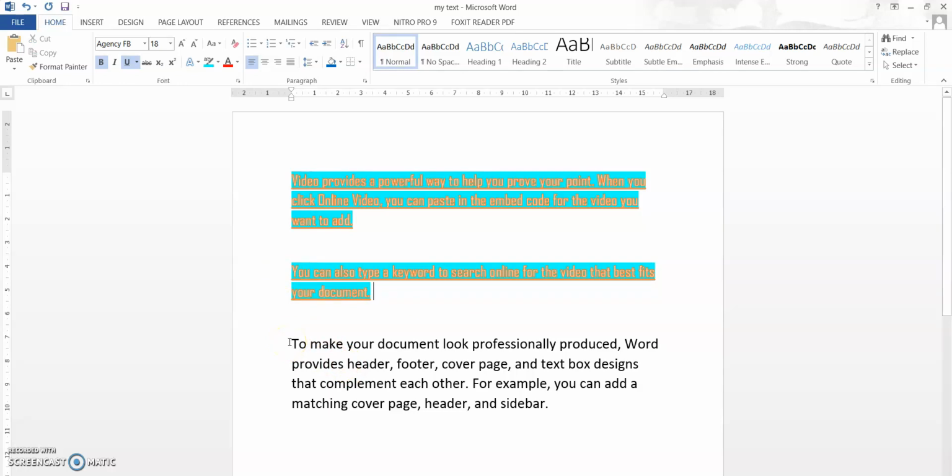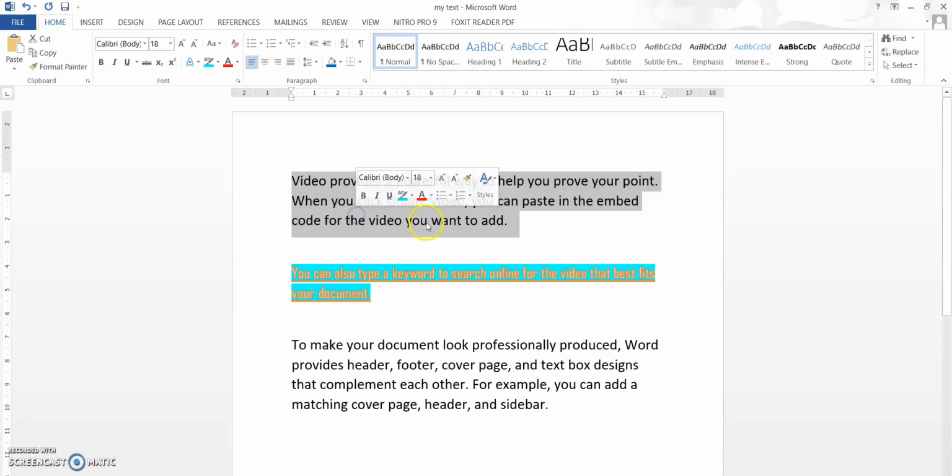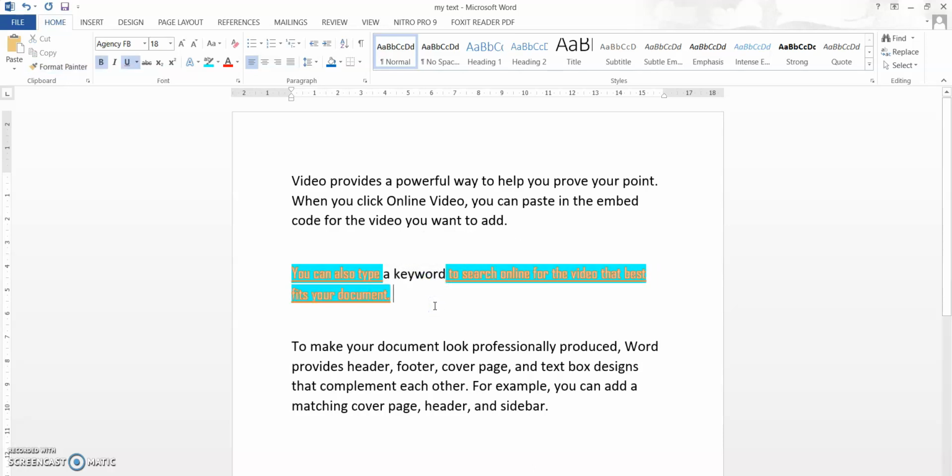Now I want the first paragraph to have all the properties of the third paragraph. So I'm going to select this, then select format painter, then select the particular paragraph, and that paragraph will have the exact same properties. This can be applied even to a single word also. If I apply it to the word "a", everything else will remain the same, and only the word "a" will change. So this is how we work with format painter.